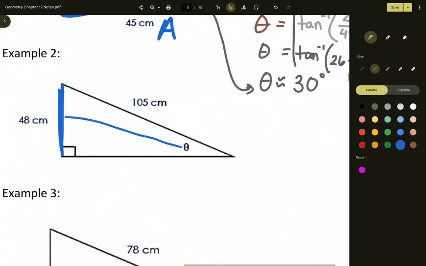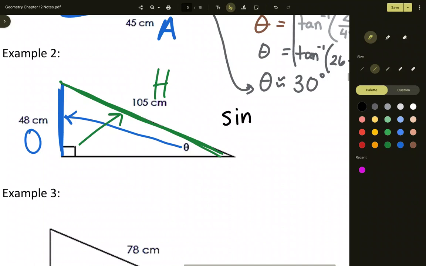Now that is all the way on the opposite side from the angle theta. And then we have this measurement given, which is 105, and that is across from the 90, making it the hypotenuse. So with O and H, this would be the SO abbreviation, which means the sine function. Next to that's going to go my angle theta, and then my sine function, or the abbreviation SO, I'll write it down up here,